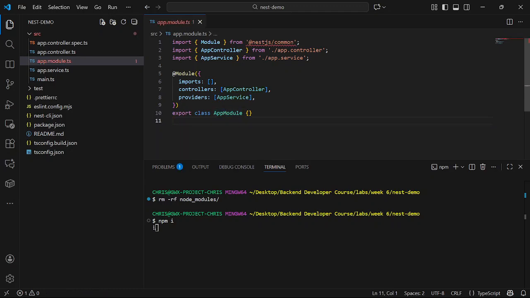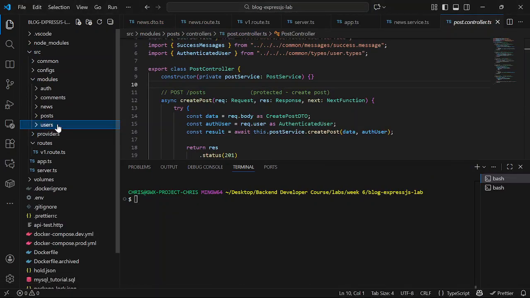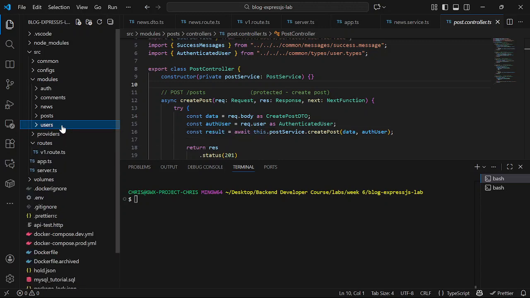So basically, what do modules do? They organize. They take controllers and services and every other thing that you are creating for a feature, and organize them into modules, just like the way we have in our ExpressJS here. We just created the folder. Here we are just grouping everything by folder, right? We're grouping everything by folder here for our modules.